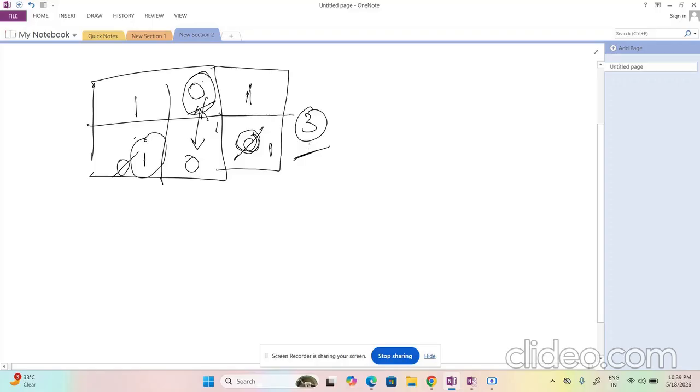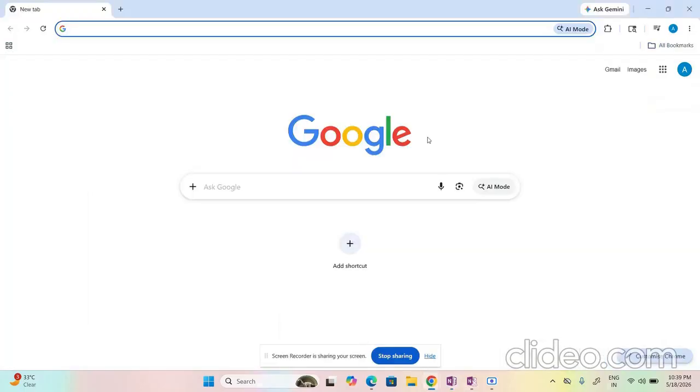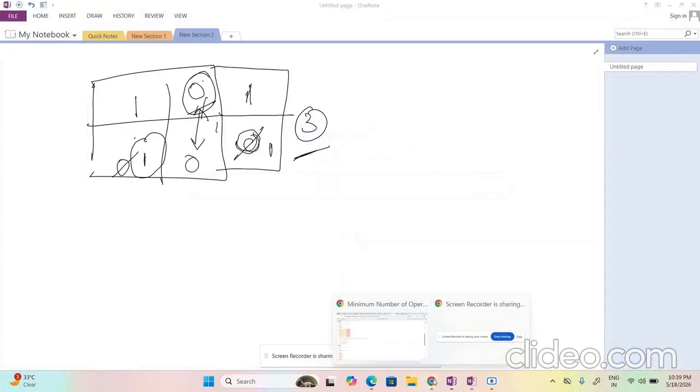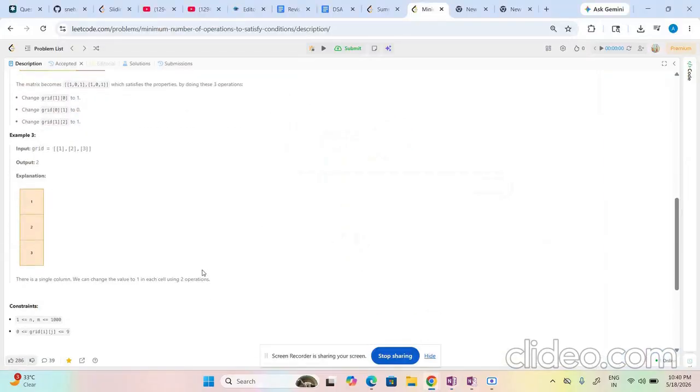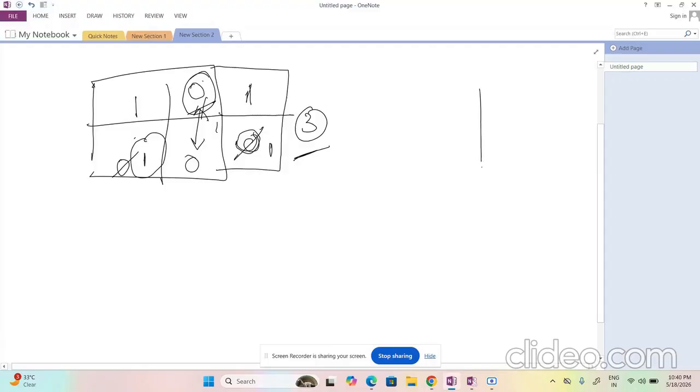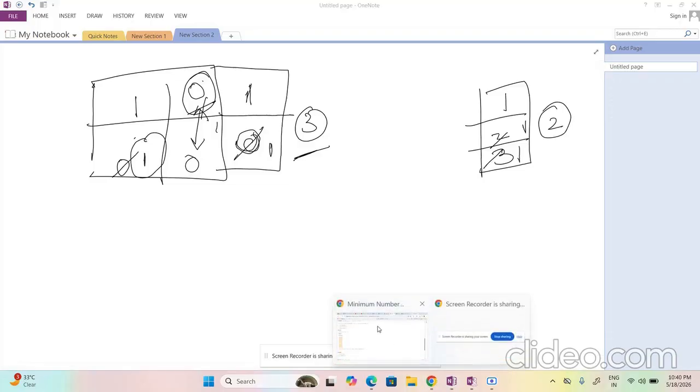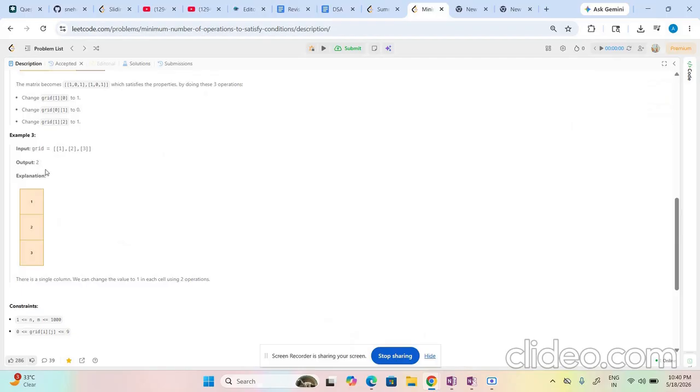We'll see another test case as well, which is this one. So what is happening here is 1 2 1 1 2 3. So here also, if you have been given 1 2 and 3, see this test case. This should be equal, so one operation, and this should also be equal to 1, so one more operation. So 2 should be the answer in this case. Okay. Yeah, so 2 is the answer in this case, right?